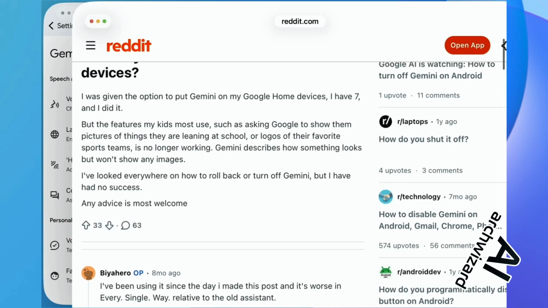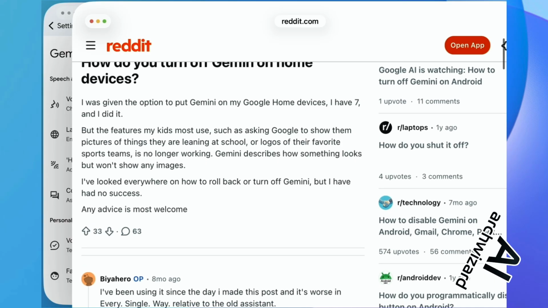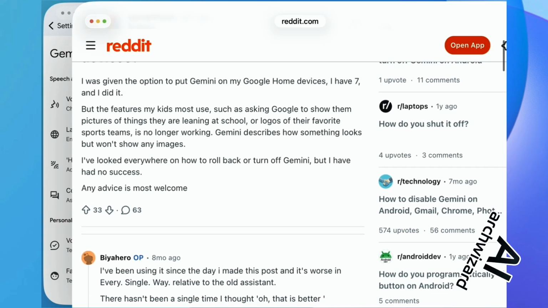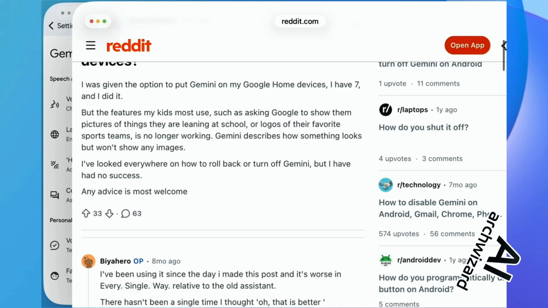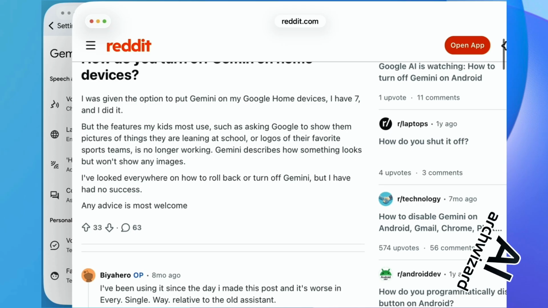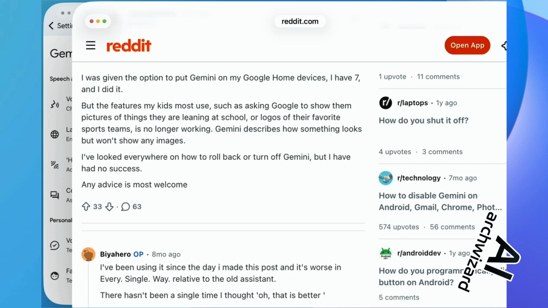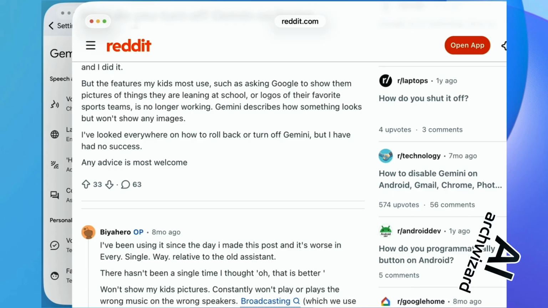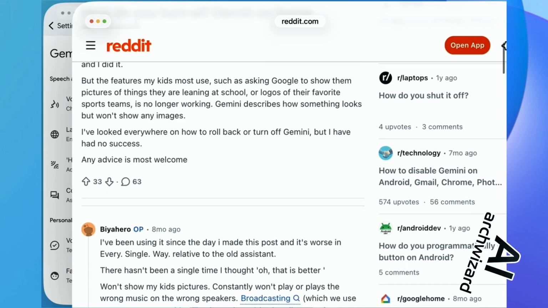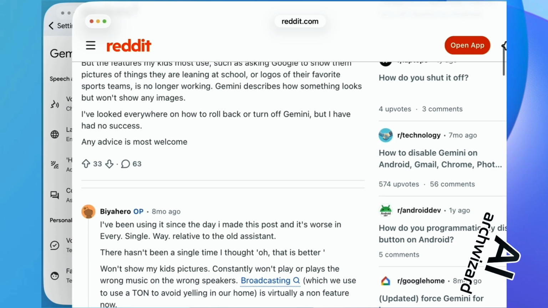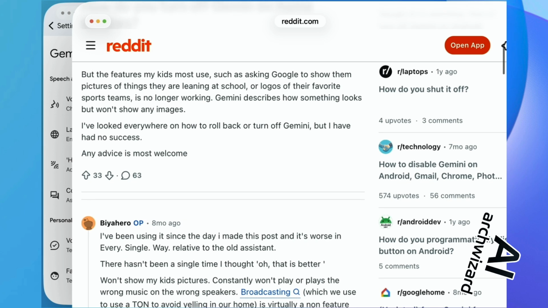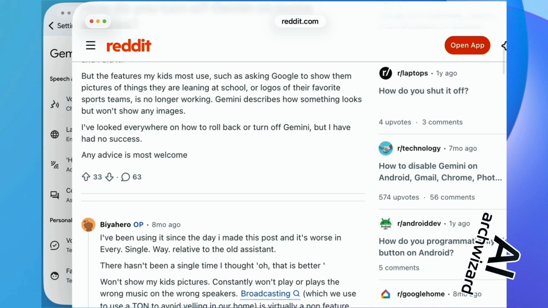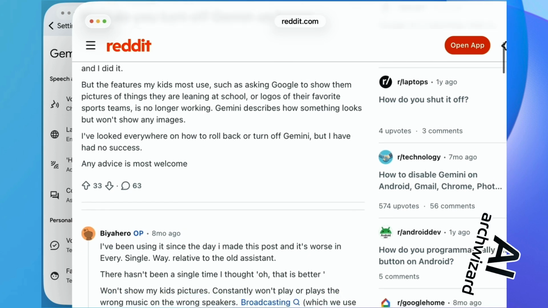But the features my kids used, like asking Google to show them pictures of things that they are learning for school, or logos are no longer working. And Gemini describes how something looks, but doesn't show any images. So I've looked everywhere on how to roll back or turn off Gemini, but I have had no success.